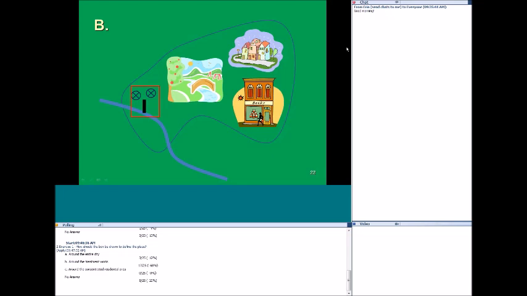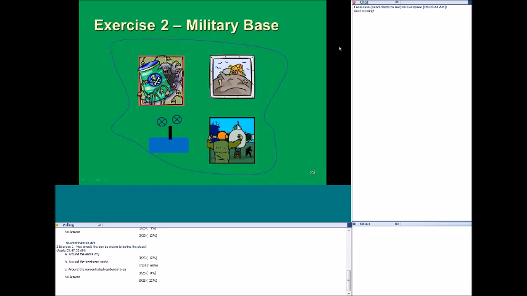So, great. And we'll move on to our next example. Here we have our military base. And we have a lot of different things going on here. We have a cleanup site. We have a landfill. I kept the airfield picture in just to remind us that it does have military activity, so that's not necessarily something we put into SWRCB. And then we have, again, our sewage treatment plant.